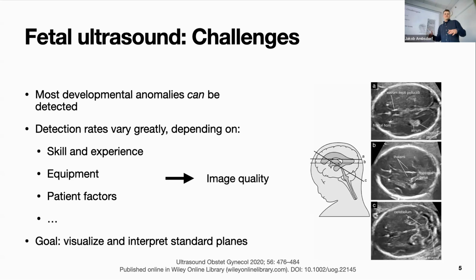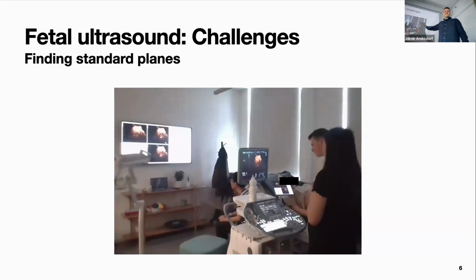And one of the main goals during the screening is to get these planes, which are basically slices through the anatomy at some predefined points. So you want to be able to visualize these planes and then visualize the anatomy that you should see there. And that's how you interpret these images. It's quite difficult to get the right planes. I tried to do that. That's a very low quality image. I tried to find some standard planes here myself, and it was very hard, but it was doable.